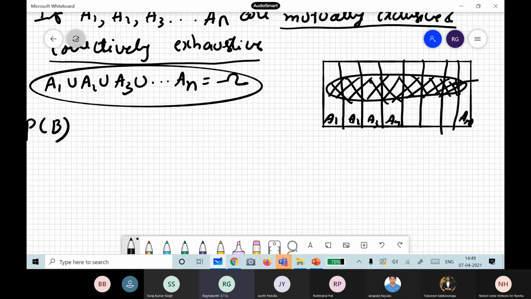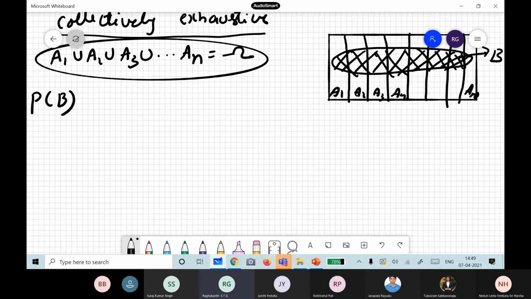So this is the event B. Now this I am interested in, say. If I want to find out the probability of occurrence of B, how do you find out this one? So what do we do? Like you can see this portion. What is this portion? This area is nothing but